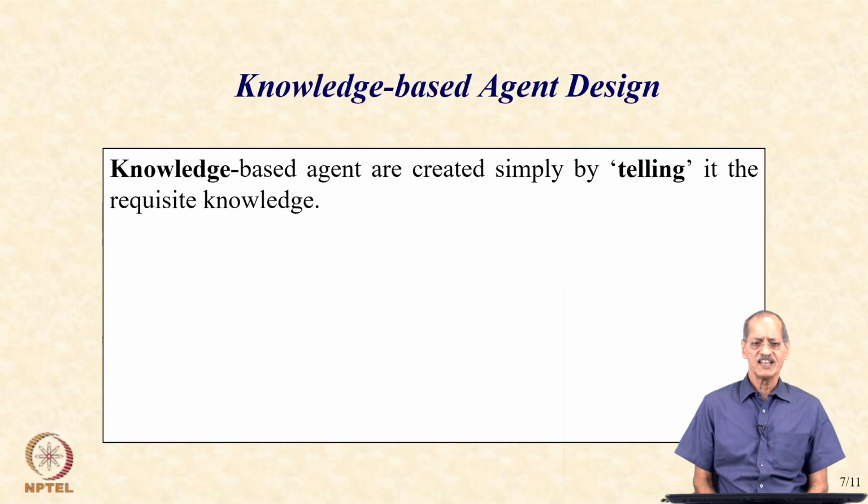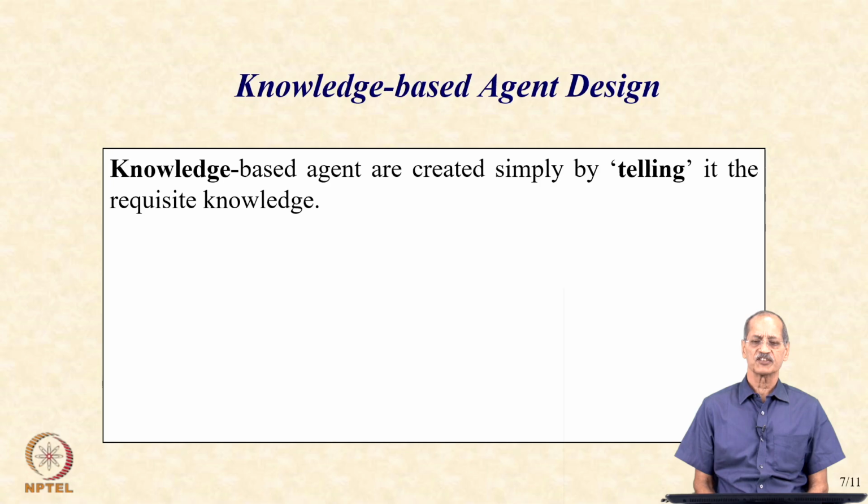And such agents are created in an extremely simple manner by simply telling them the requisite knowledge. Now, from where that knowledge arises, you have to make an effort. That is where the effort lies, and whether that knowledge is correct, not correct, or half truths. Sometimes you have faulty knowledge. Suppose you know, or you think you know, that if you take a left turn here, you will reach the destination. You take a left turn and you do not reach the destination, which means your knowledge was faulty. Those are the kind of things that one needs to avoid, but